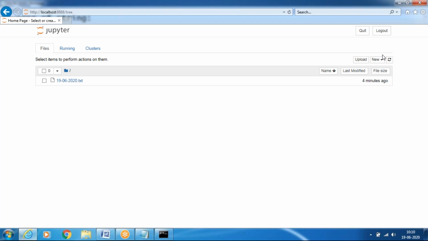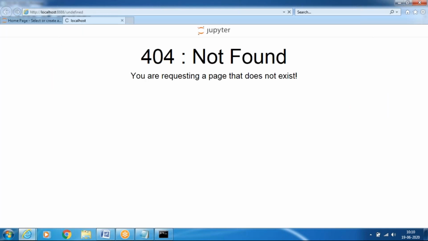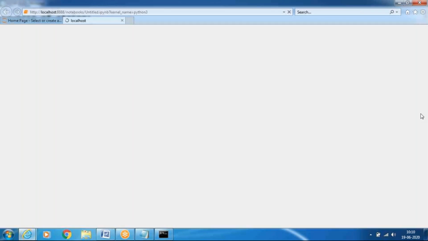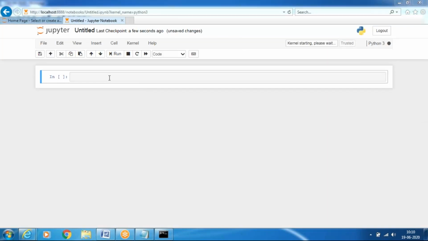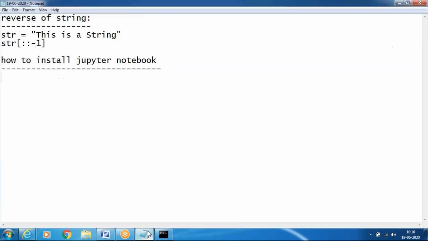Here one button is there, New. Click on New and use Python 3. It will open the Jupyter Notebook. Next, first write the code. The program is str, with the reverse slice.